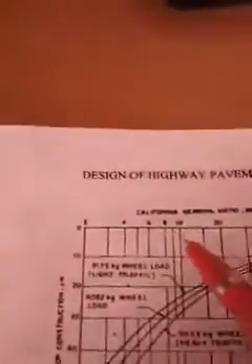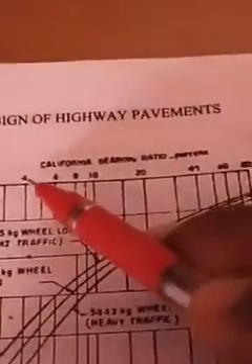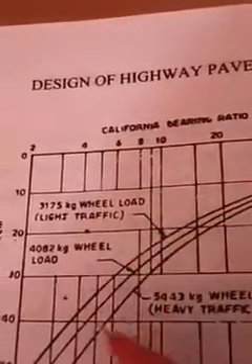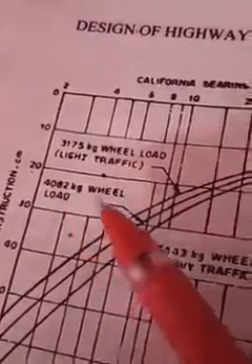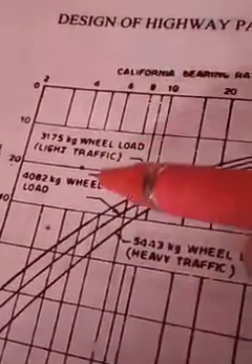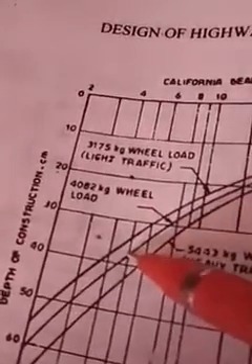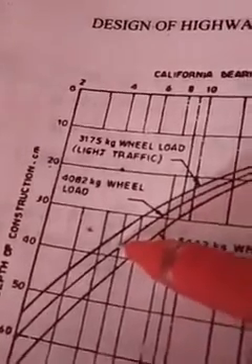So here you can see, CBR values 4 and 6 are given. Hope this will be 5. Okay, so wheel load is given as 4100 kg. So for that you can use the second curve, which is having 4082 kg. So for 5, where is 5? Here is 5. Here it is going to meet the second curve, and if you extend it somewhere